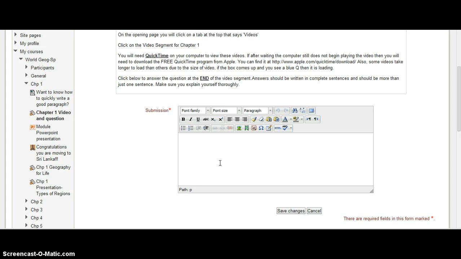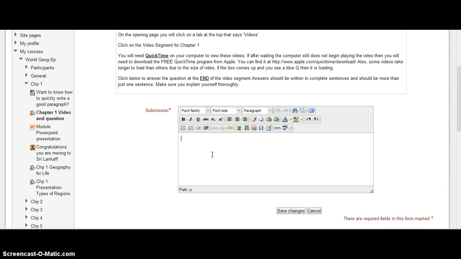However, if you were writing it in a Word document and something happened to your computer and it went off, when you turn your computer back on, that Word document is going to have saved what you were working on automatically. So you're not going to have to rewrite it. So I always suggest that you do all of your writings in Word